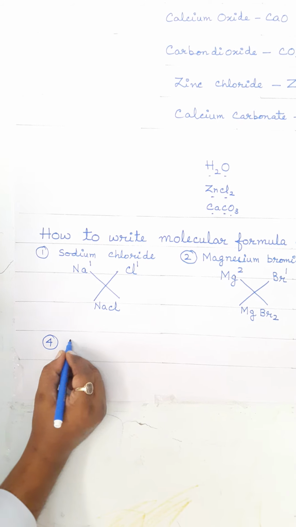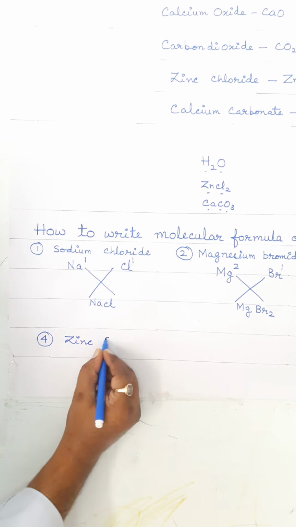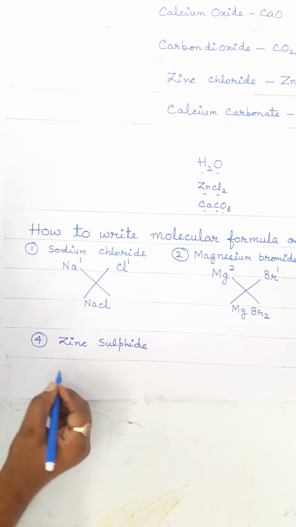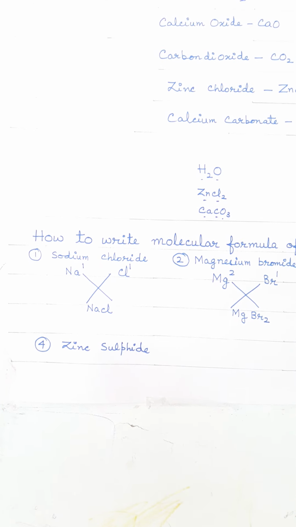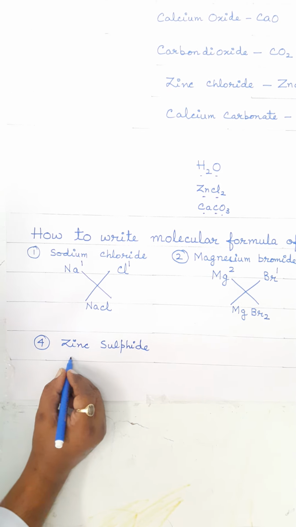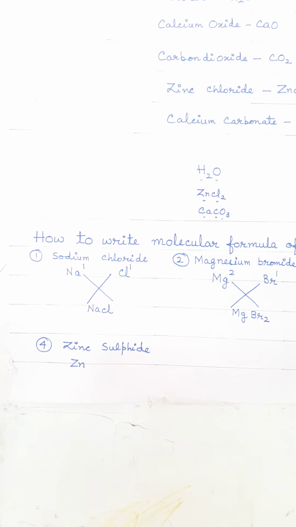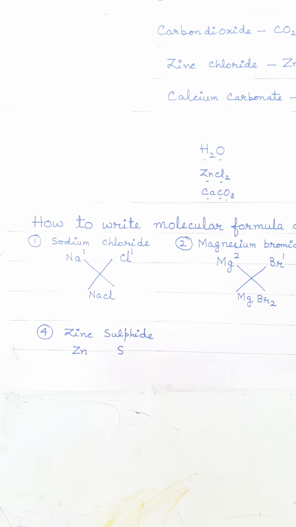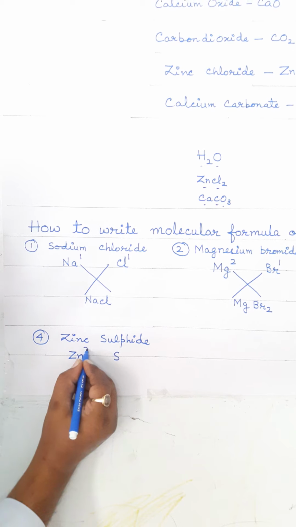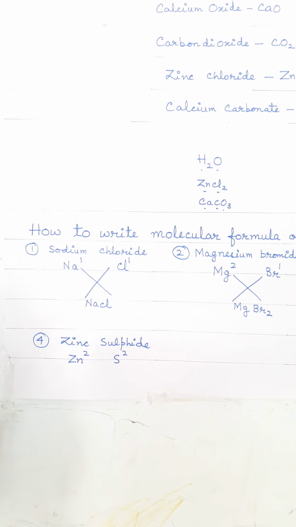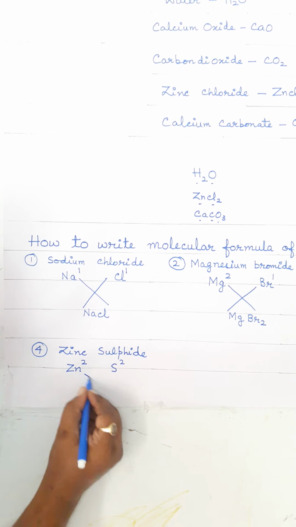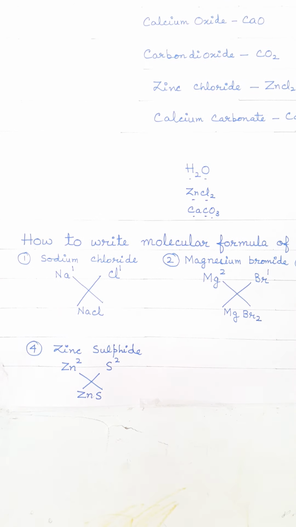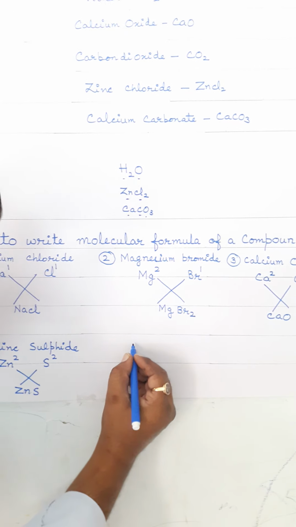Another example we take is of zinc sulfide. Now to make the molecular formula of zinc sulfide, we are going to write the symbols of zinc and sulfur. So symbol of zinc is Zn, symbol of sulfide is S. Second step is to write the valencies. Zinc has got valency 2 and sulfide has also got valency 2. Again, both the symbols have got equal valency, so valencies will cancel out and we'll write both the symbols together. So the formula will be ZnS. Let us take one more example.